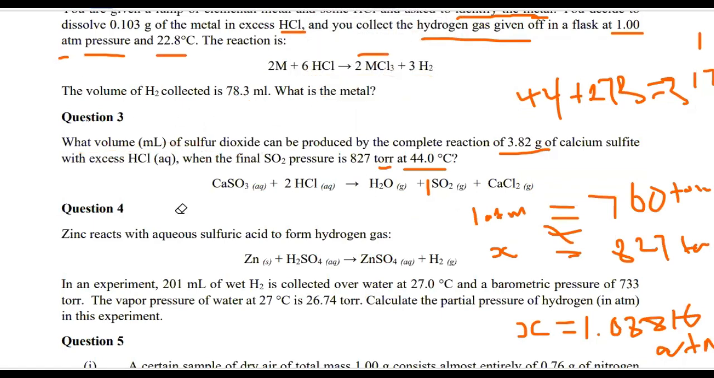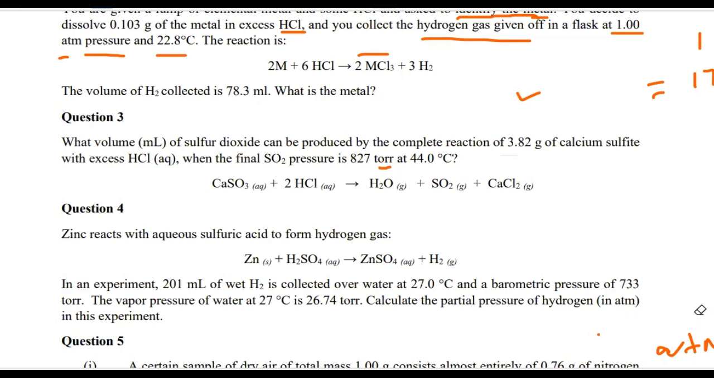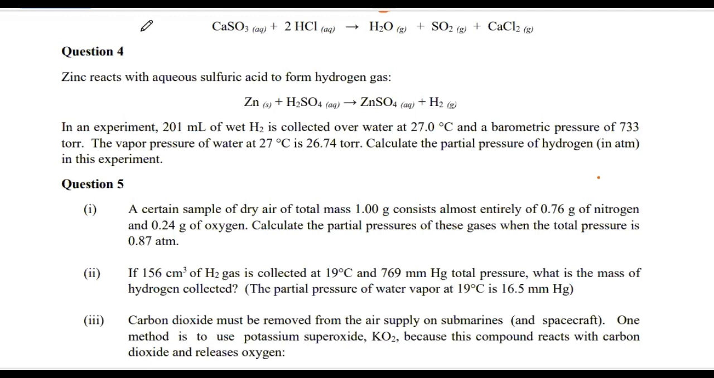Okay, so we are on number 4. What is number 4 telling us? They're saying zinc reacts with aqueous sulfuric acid to form hydrogen gas. You can see here that the zinc has reacted with this acid and they're forming zinc sulfate there and hydrogen gas. In an experiment, 201 milliliters of wet hydrogen gas is collected over water